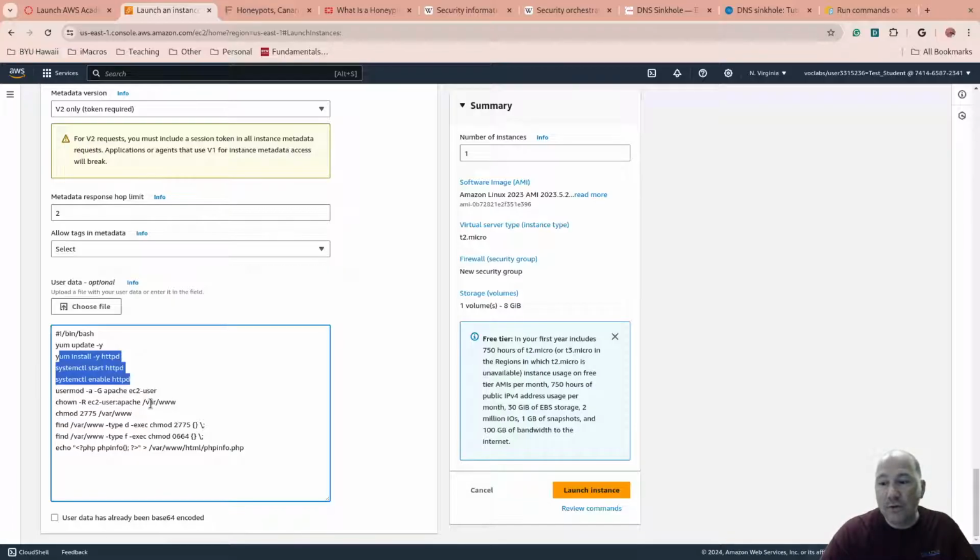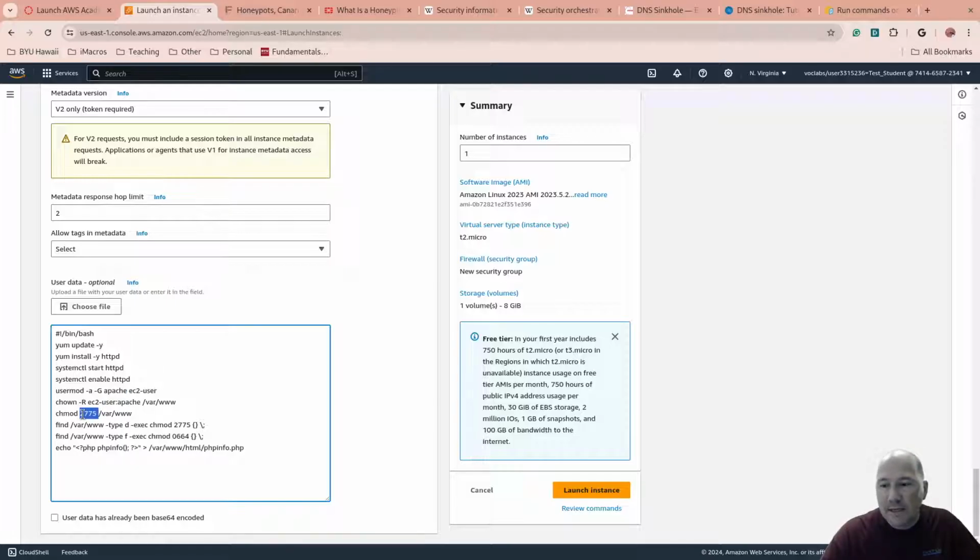And chown the var www to group to have user Apache change the. So this is modifying EC2 user, and since we're installing Apache, which is HTTPD, adding it to the group, changing the ownership of this directory, var www. That's where web pages and stuff are going to sit. So that way, EC2 user will be the user that's over it and be able to do stuff, and the group is still Apache. And so since EC2 user is in that group, the group's going to be able to do stuff. Chmod